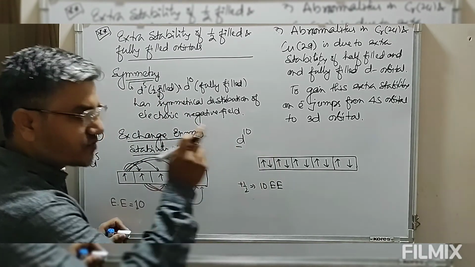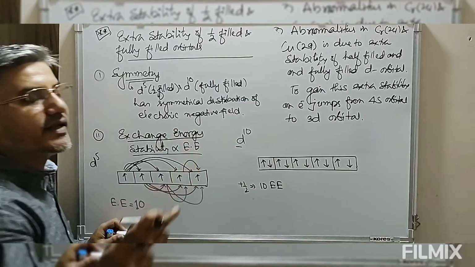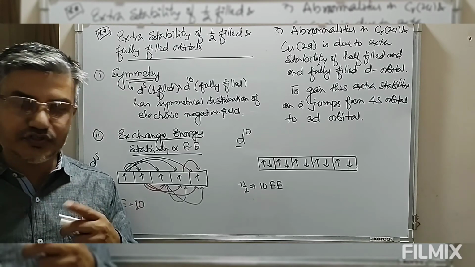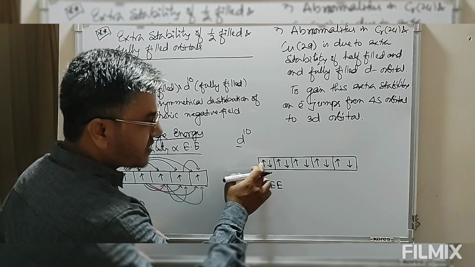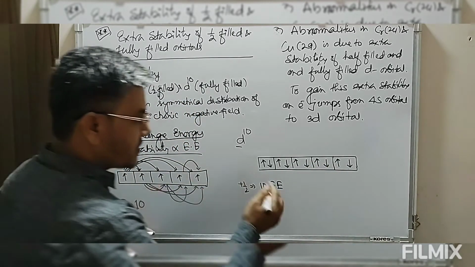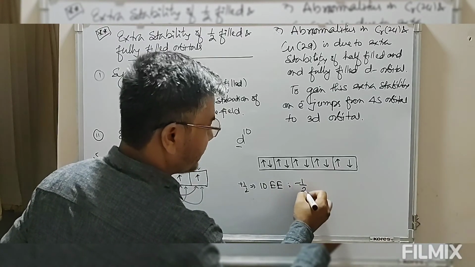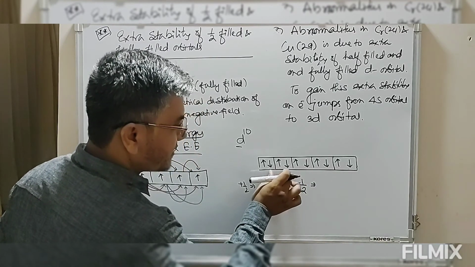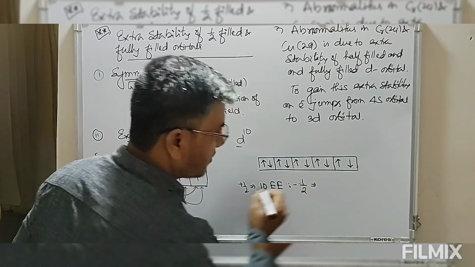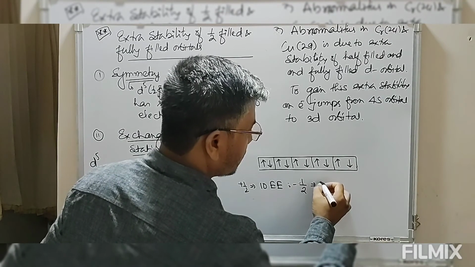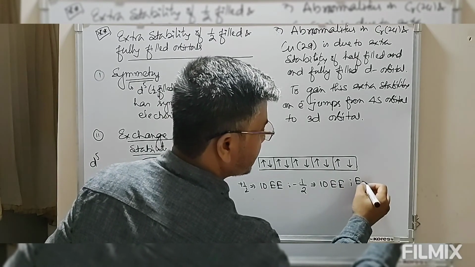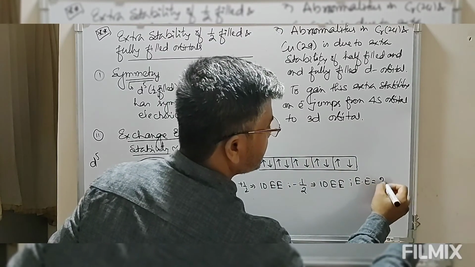Plus half will exchange among themselves. Plus half cannot exchange with minus half. As I told you, only electrons with the same spin can undergo exchange of position. So the plus half electrons can undergo 10 exchange terms. Similarly, minus half can exchange with this minus half, and this minus half. So the electrons with minus half spin can also undergo a total of 10 exchange energy terms. Therefore, the total exchange energy terms when we have d10 configuration is 20.